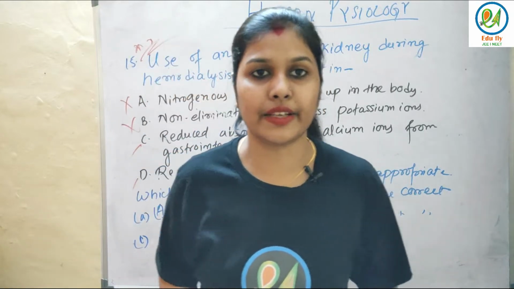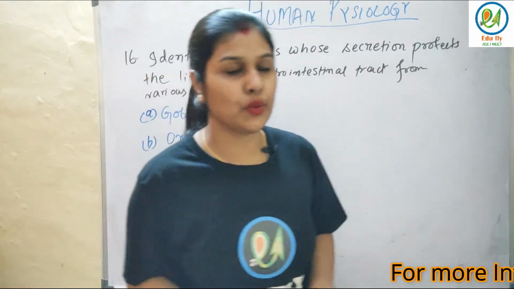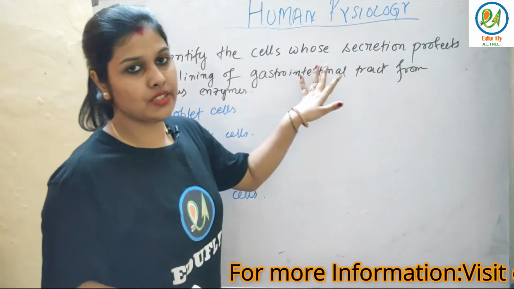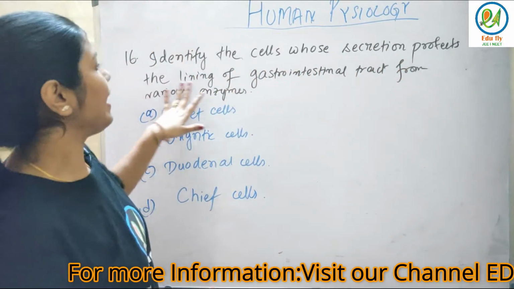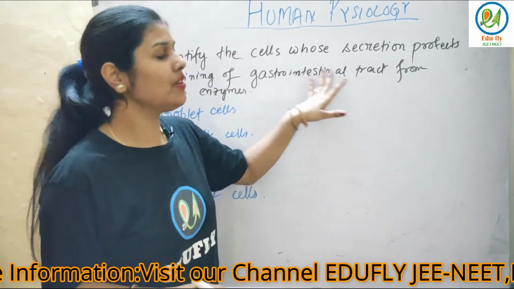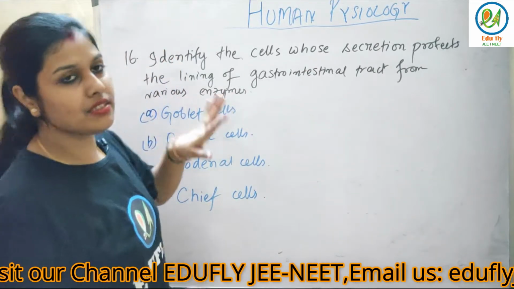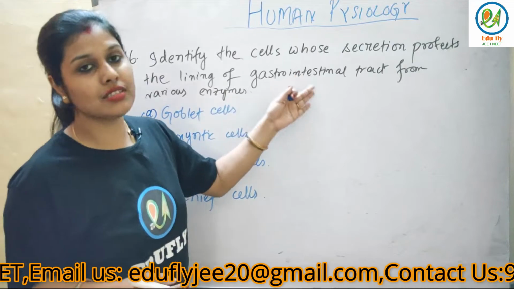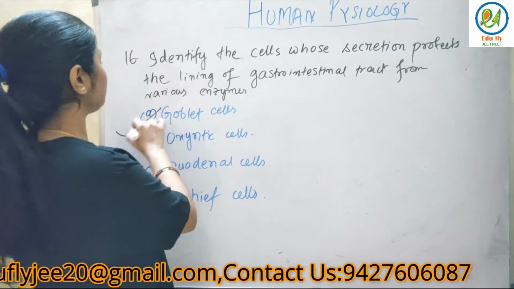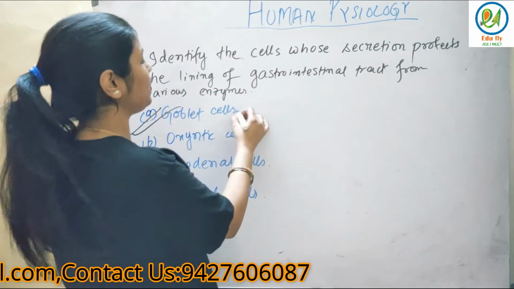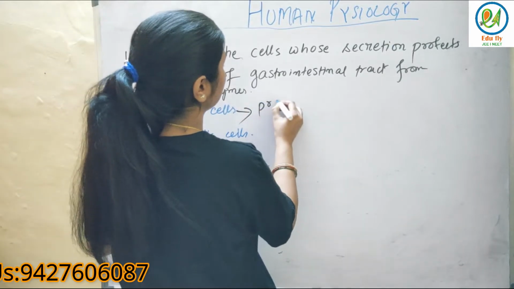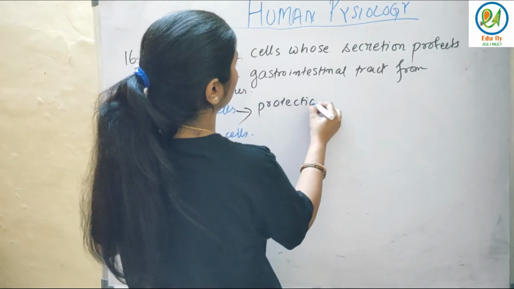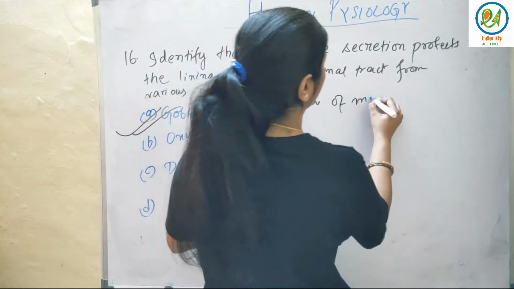So now let's see the next question. Identify the cells whose secretion protects the lining of the GI tract, that is the gastrointestinal tract, from various enzymes. The cell is goblet cells. Goblet cells help in the protection of the mucosal epithelium